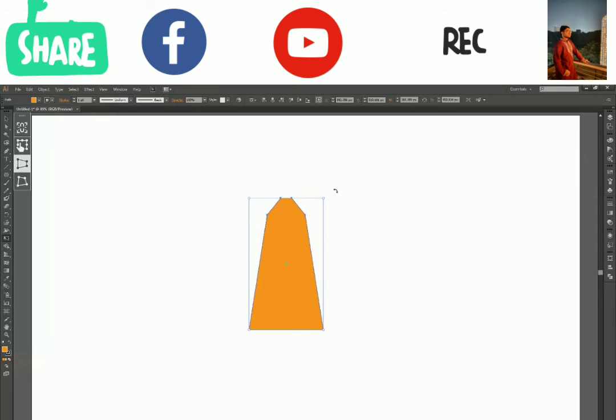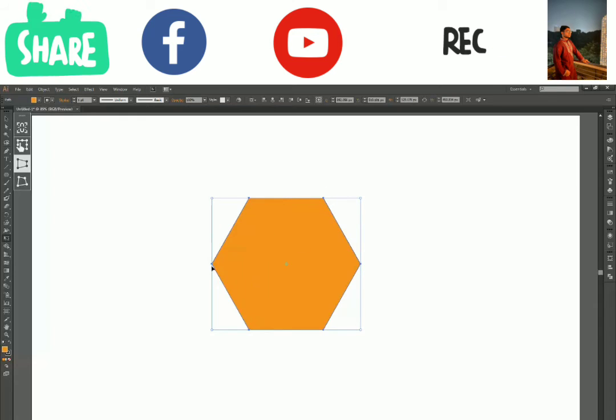Yeah, so if you're working on certain perspective like one point perspective, two point perspective, or three point, then you can just draw your shape in a plain way, and based on your perspective grid, you can transform your shape in a way you want. Okay, so that is fairly simple.